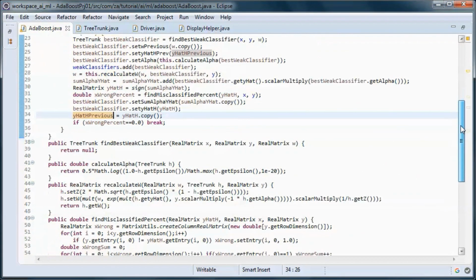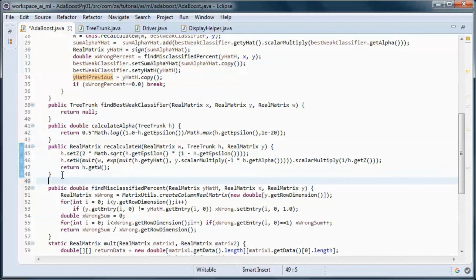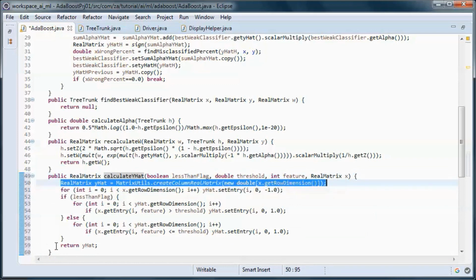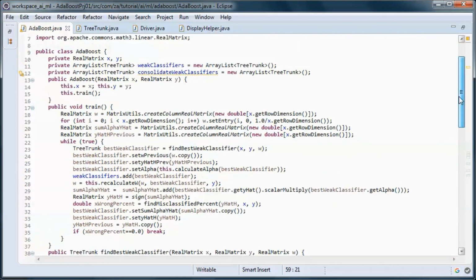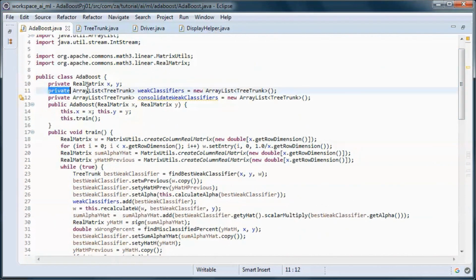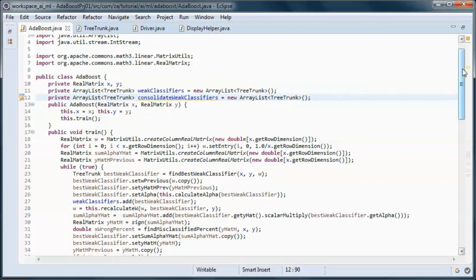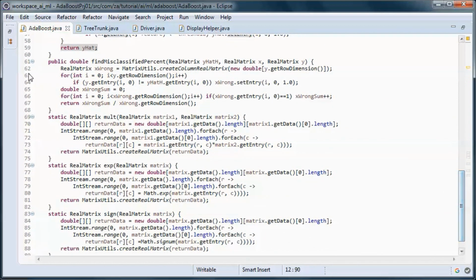And this method will calculate and return y hat, and we need two get methods for those two array lists of tree trunk classifiers.